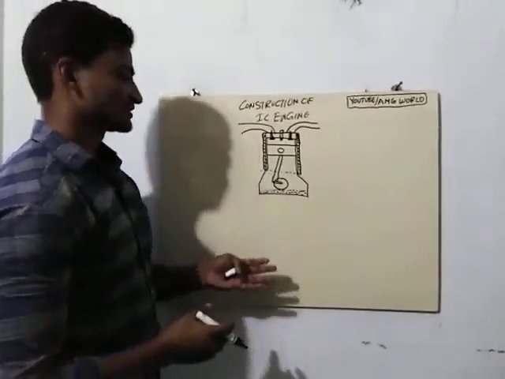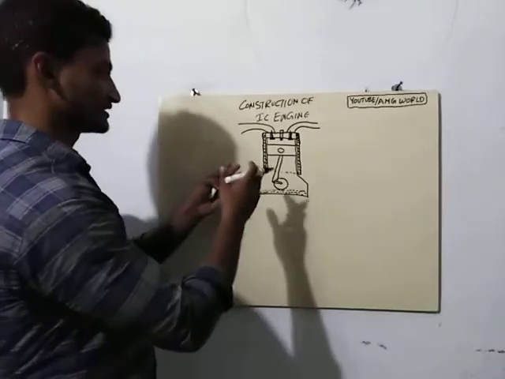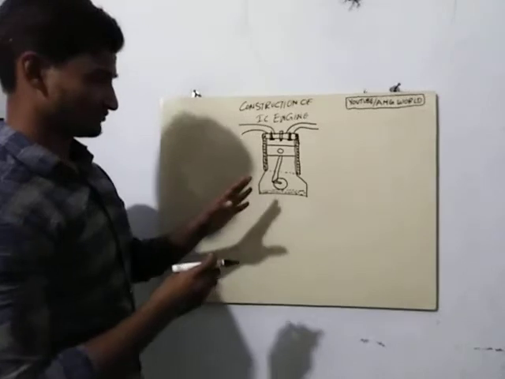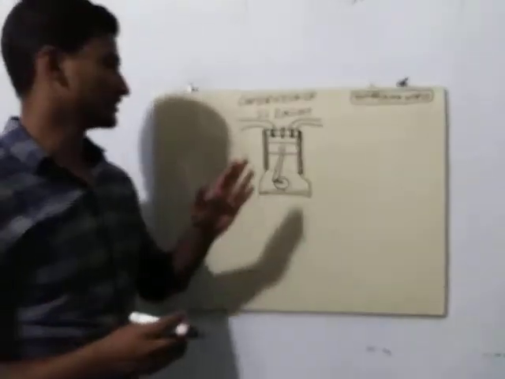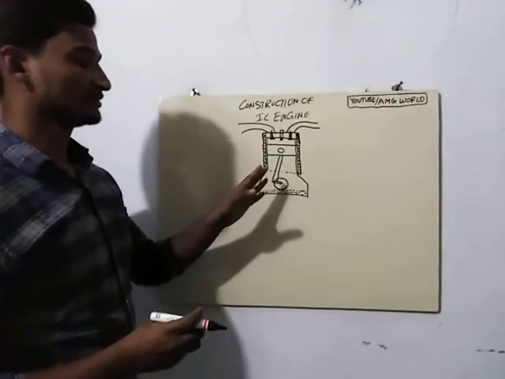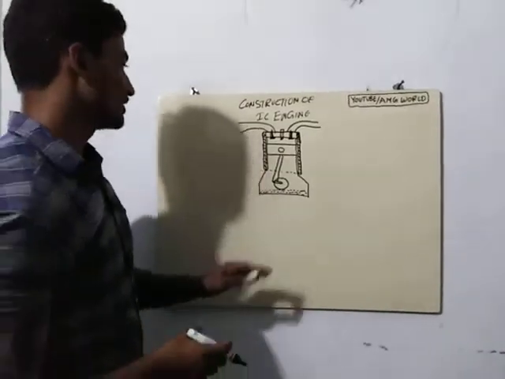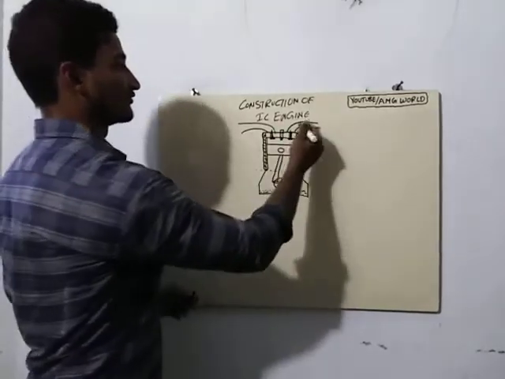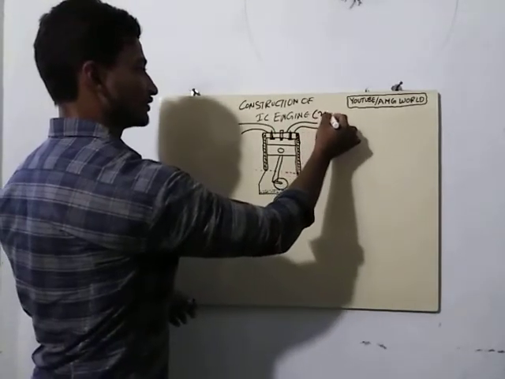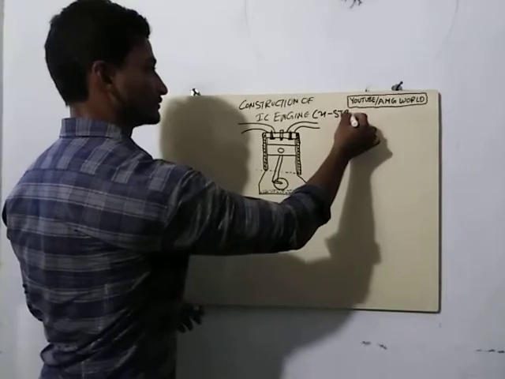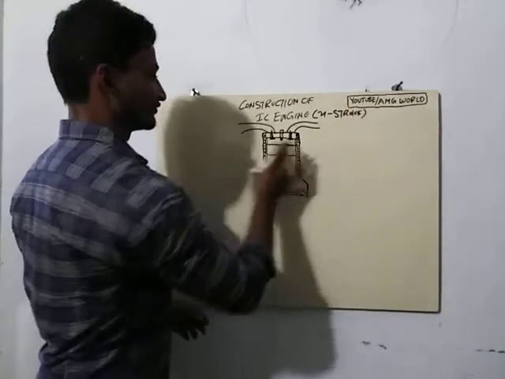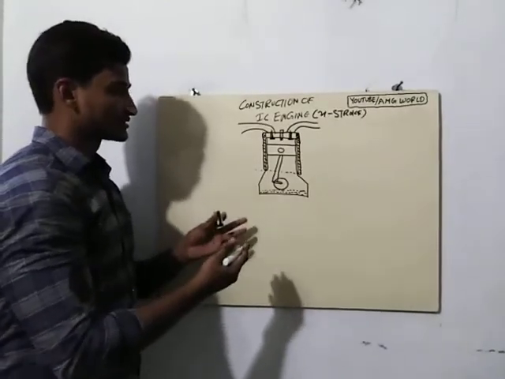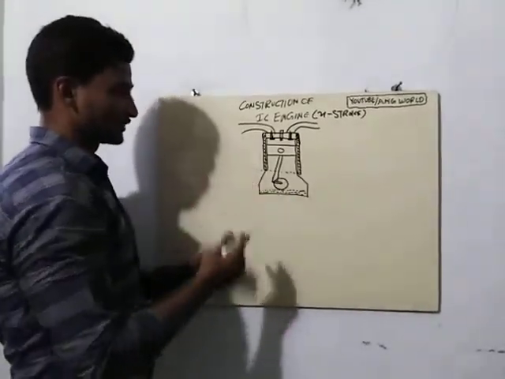With the rotation of the crankshaft in two-stroke engines, particularly, this one is a four-stroke IC engine construction. There is a huge difference between a four-stroke IC engine and a two-stroke IC engine. So in this lecture we are going to discuss the construction of the IC engine, which is four-stroke. This is the four-stroke construction, and let's go through the parts which are present in this diagram.